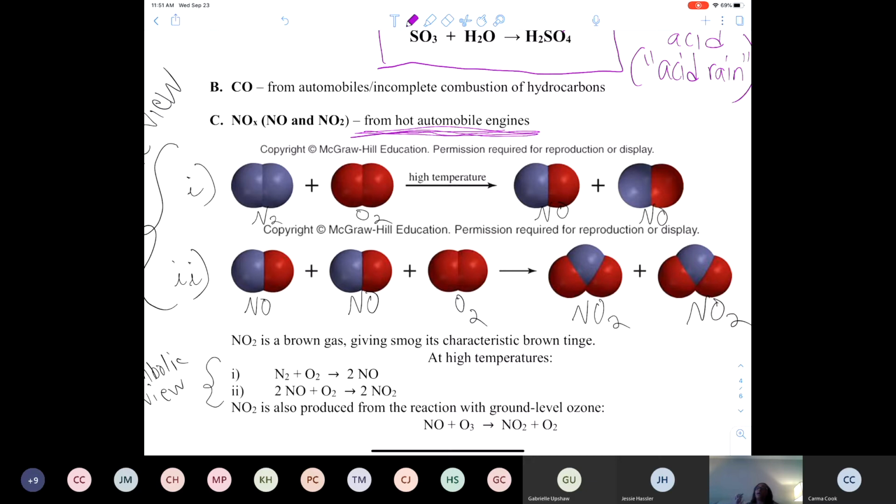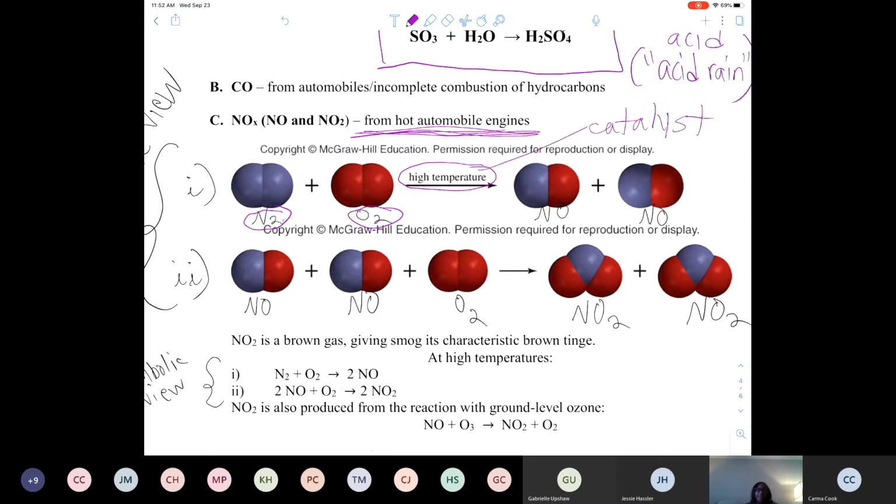So under those hot conditions inside of an automobile engine, two things that we see as normal and harmless, and that we need to live, the nitrogen N2 and the oxygen O2 in the air, when that air is trapped inside that hot engine, those temperatures act as a catalyst